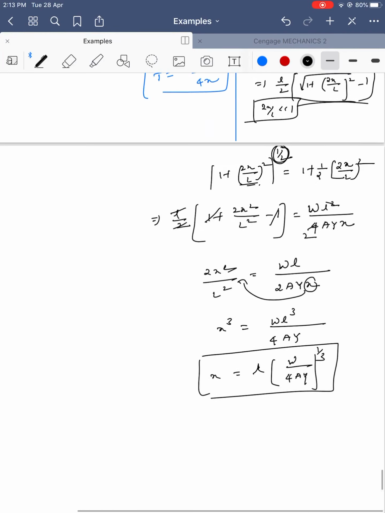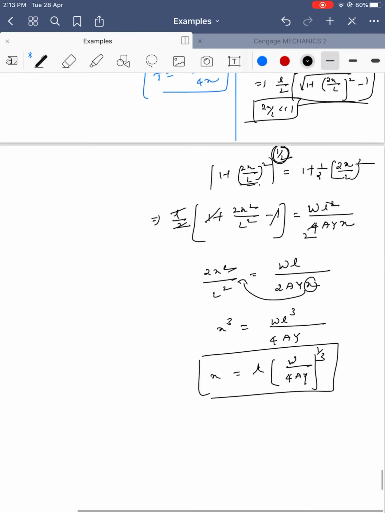Next we are going to see another problem. Two opposite forces F1 and F2, F1 is 120 and F2 is 80, act on an elastic plank of modulus of elasticity Y equal to 2 into 10 power 11, and length 1 meter, placed over a smooth horizontal surface, with cross-sectional area S equal to 5.5 meter square.